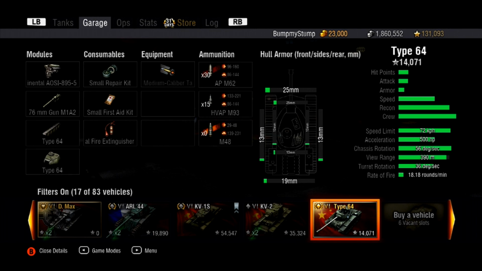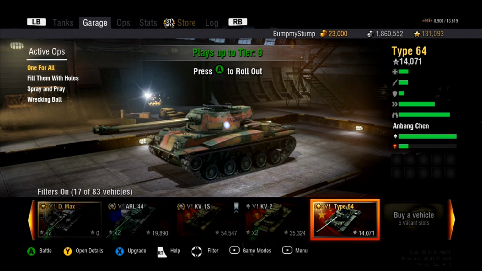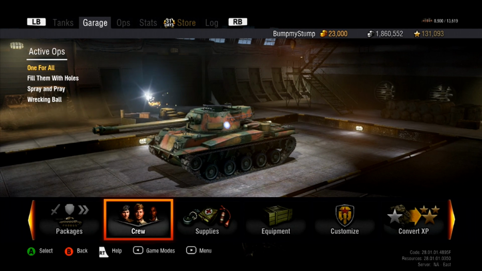And with 18 rounds a minute, you think, hey, in a minute you can do 1800 damage, right? Yeah, a lot of them bounce. And as of right now, getting to learn the tank, I miss a lot with it. So, but I'm going to try to play it out and see what happens, see if I end up liking it. You can't go wrong when you have your crew's name is though